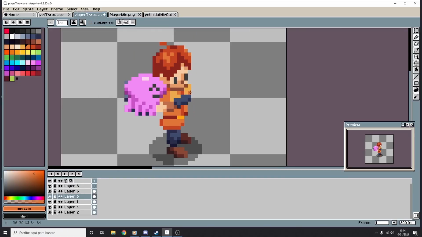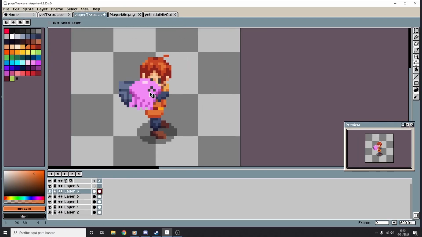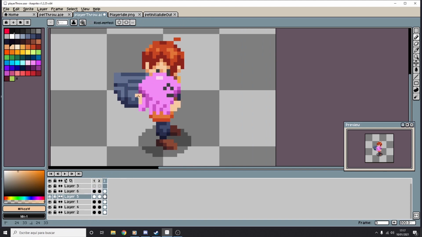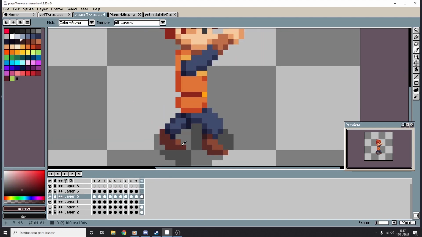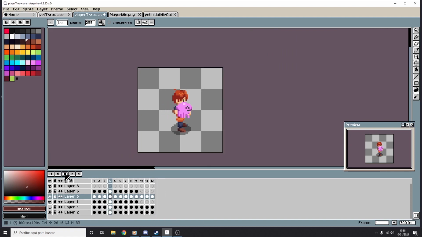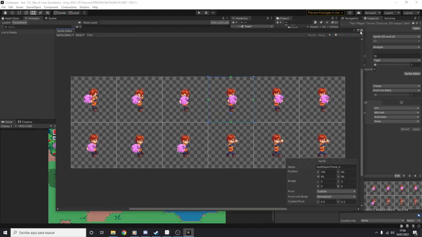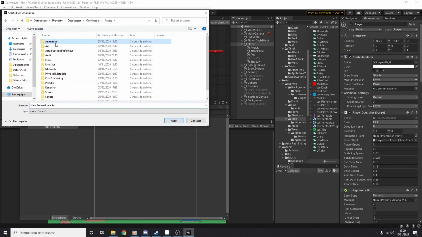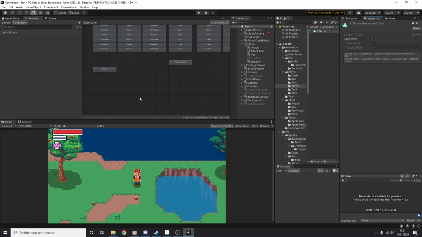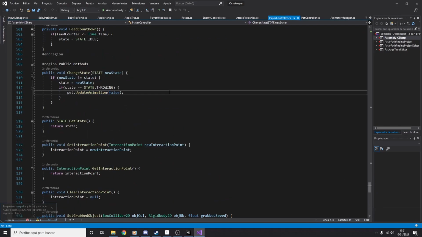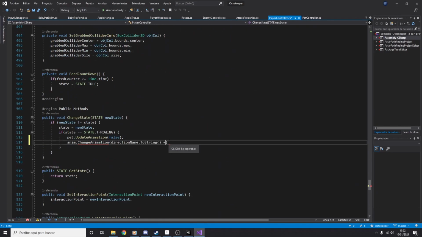And to finish this episode, I worked on the throw animation of the player. It consists of a part with the character grabbing the baby octopus and another with the actual throwing. I only have the side view right now, but I will make the 7 remaining directions off camera. Having the animations on Unsprite, I jump back into Unity to import the graphics and to make the animations. As usual in OctoKeeper, this animation is called using the animation manager I made for the prototype.